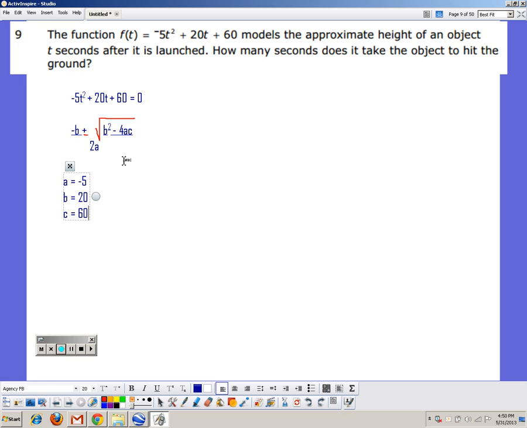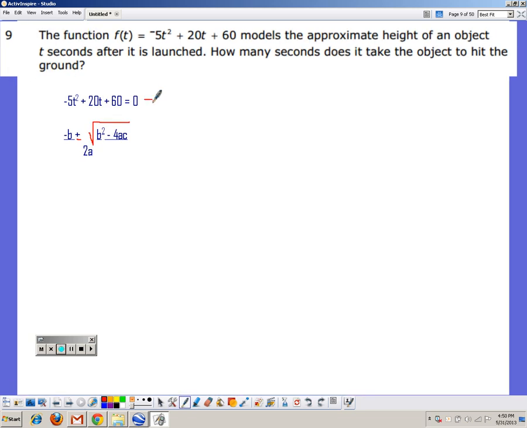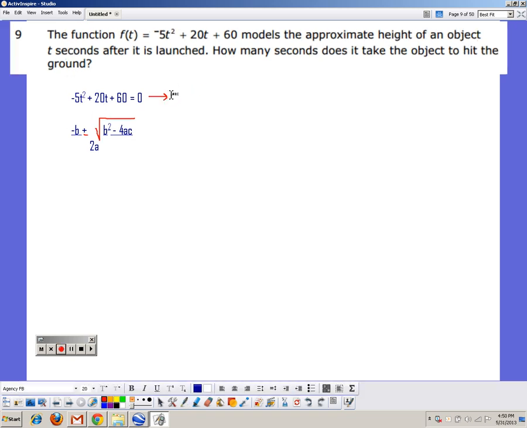Now, because these are some pretty large numbers to be using here, you can also go ahead and factor out a 5 to make the equation even smaller, if you want to do that first, because I know some of you don't like really big numbers. So if you factor out a 5 from this equation first, your new equation will be